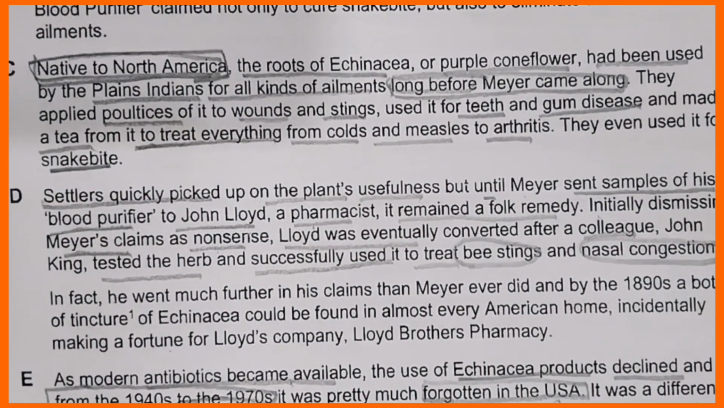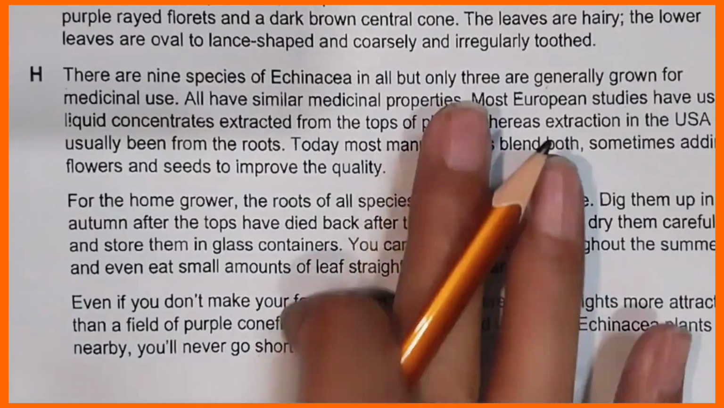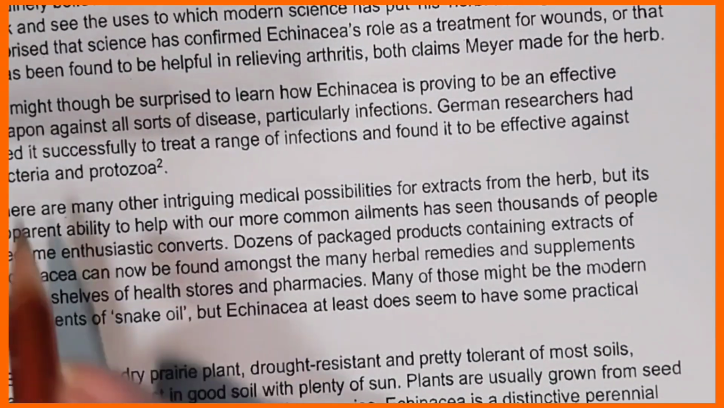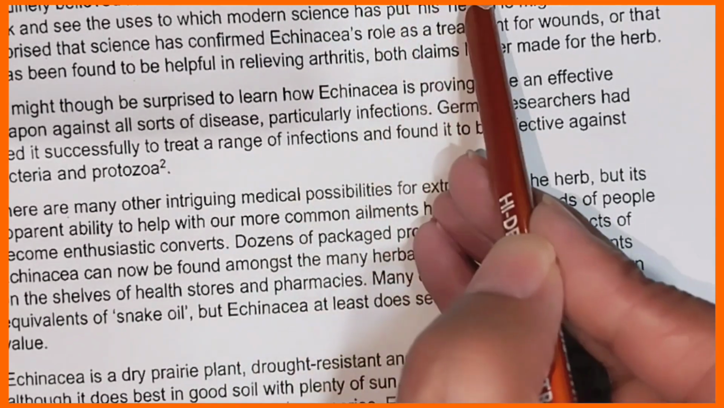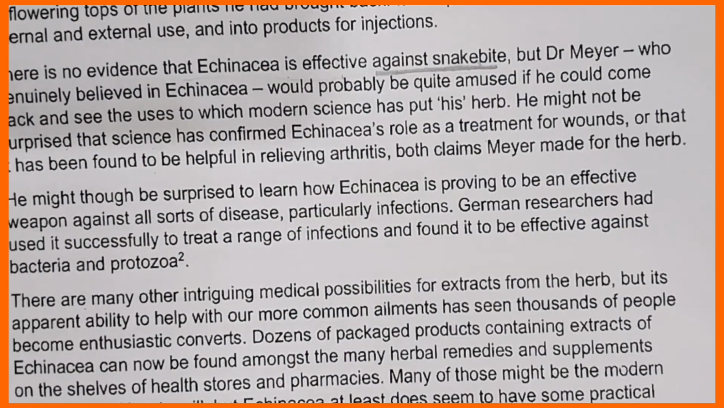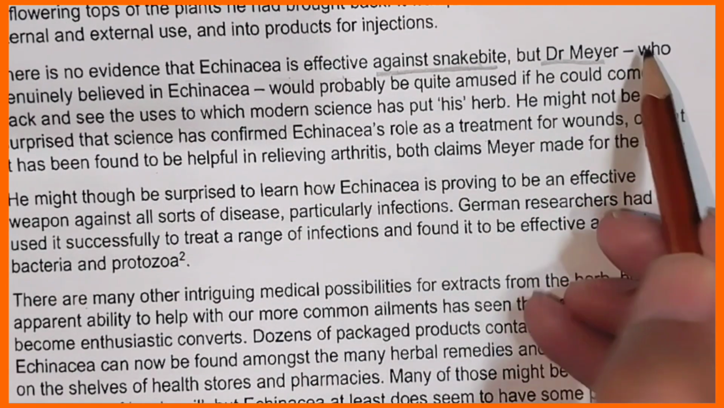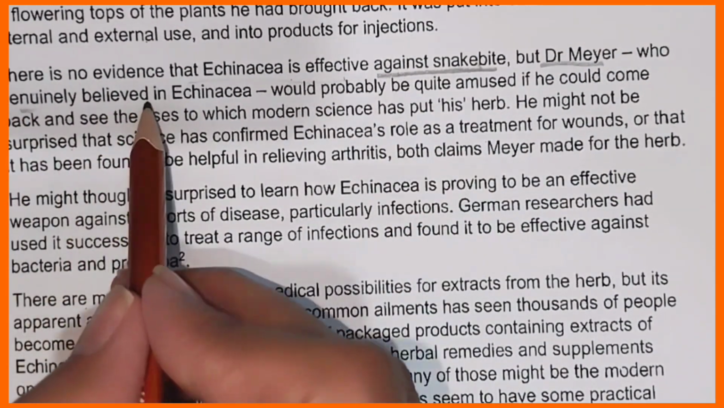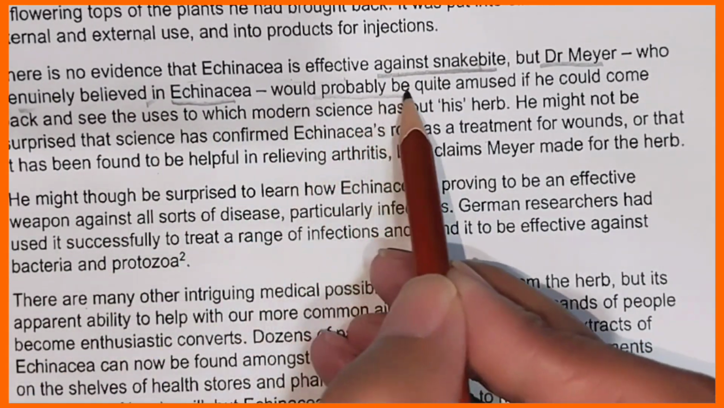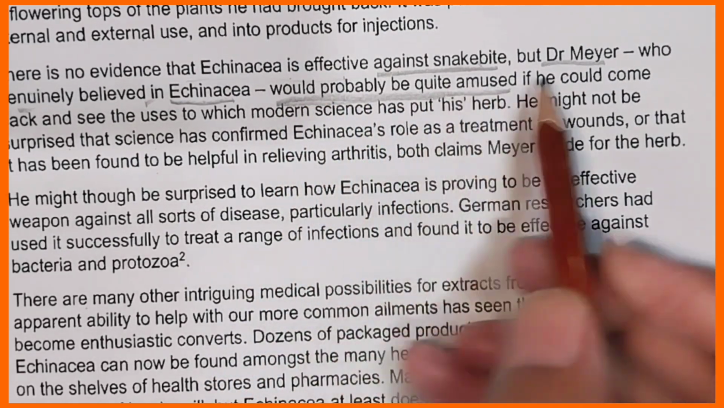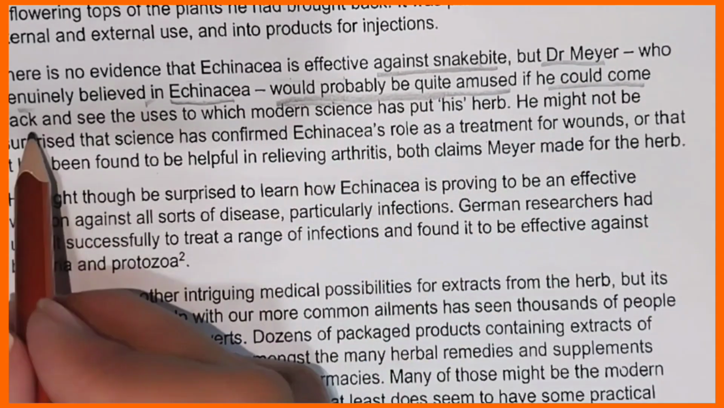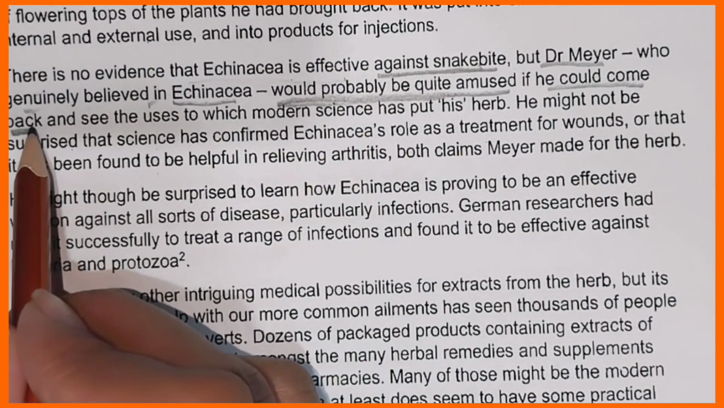Next we are supposed to find out paragraph F. So directly go to paragraph F and we will read only the first 3 lines. There is no evidence that echinacea is effective against snake bites. But Dr. Mayer, who genuinely believed in echinacea, would probably be quite amused. He would probably be quite amused if he could come back, because he is not here now,